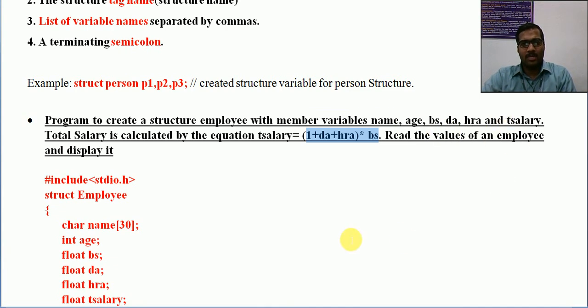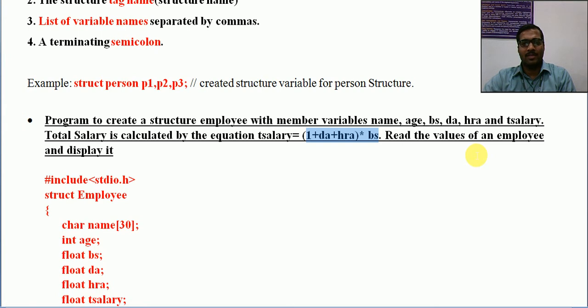So similar employees will be there, and for each employee we have to find out the total salary. So read the values of an employee and display it. Total salary is not directly given. Based on the other values you have to find out the total salary, and just read some employees' details, means scan the values, just like an array.